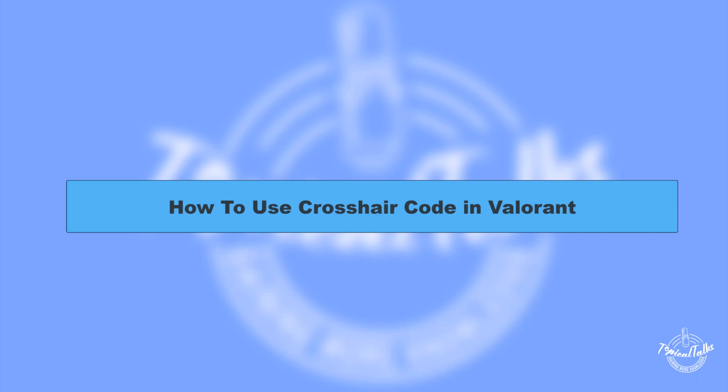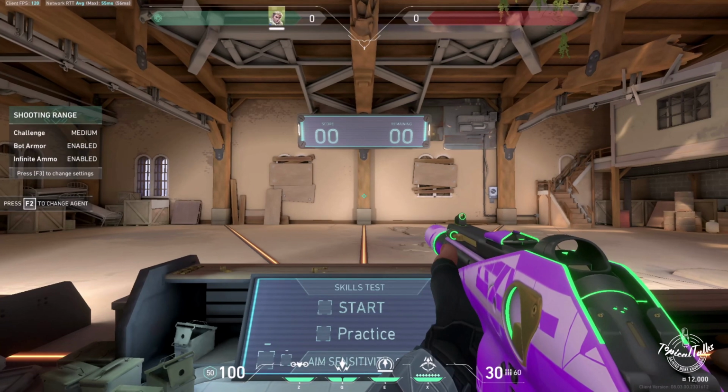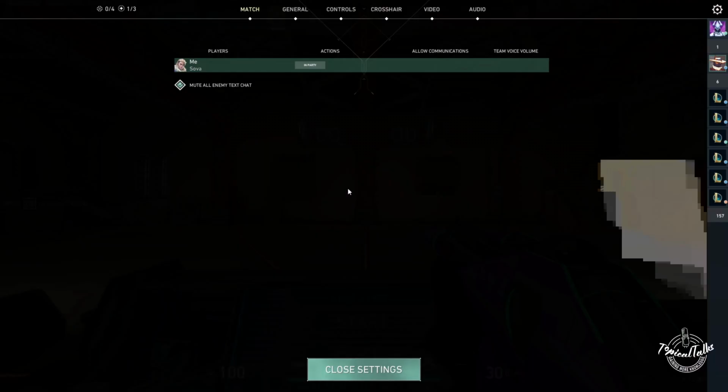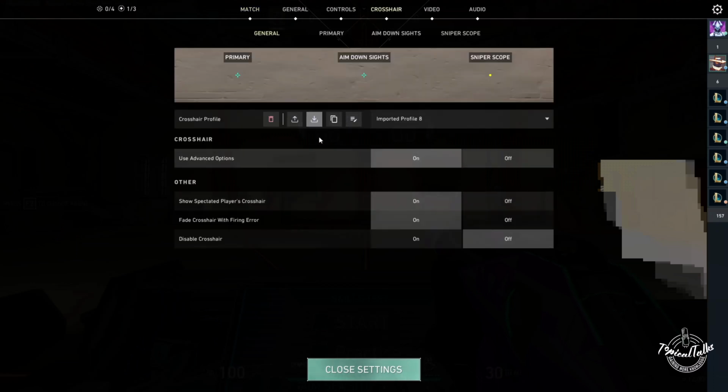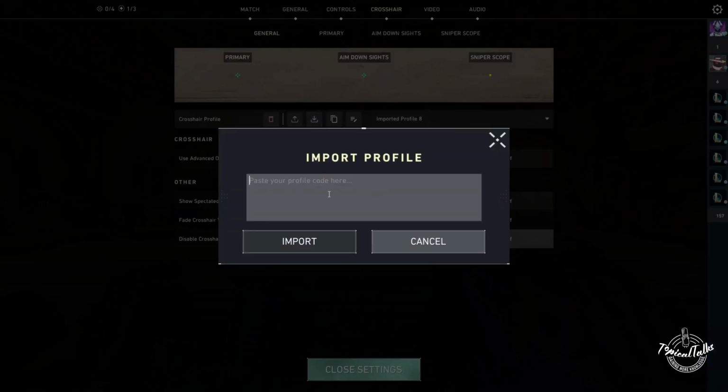And in this video, we will learn to use Crosshair codes in Valorant. In order to use Crosshair code, first we have to press escape, then go to the Crosshairs tab. In here, you can click the down arrow key or the import profile key to use any code and import